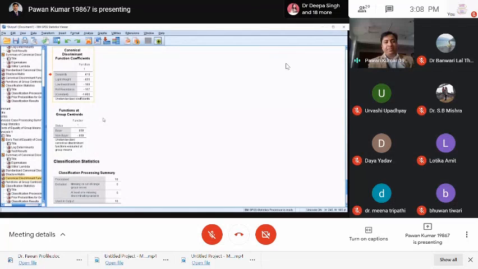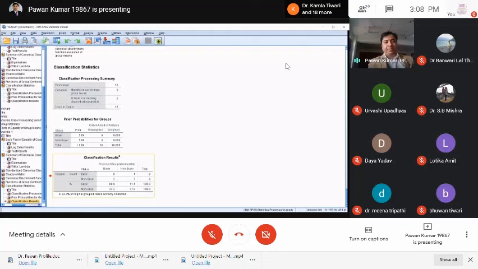So this way you are able to find out the discriminant equation, and finally you can see the classification results. In this particular model, 83.3% of the original grouped cases are correctly classified.